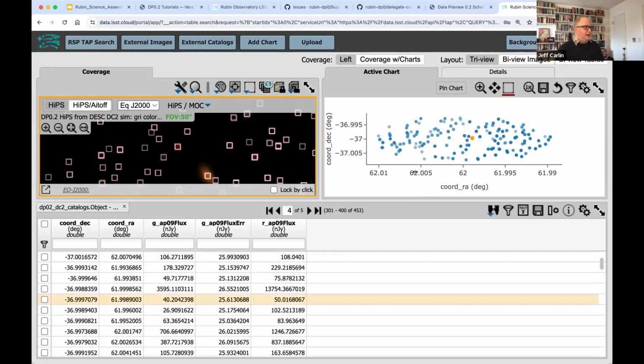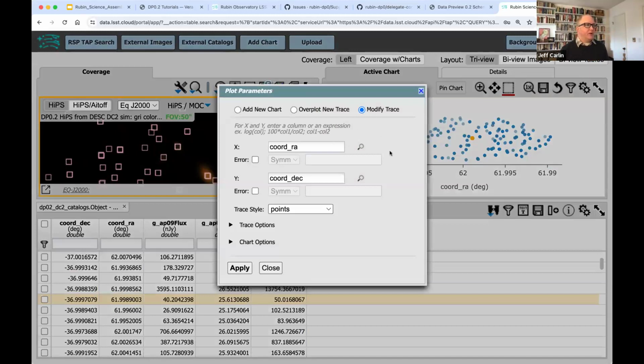And if I want to edit this plot, say I want to plot these two fluxes instead, these icons up here are all menus that will give you options to manipulate the tables or plots.